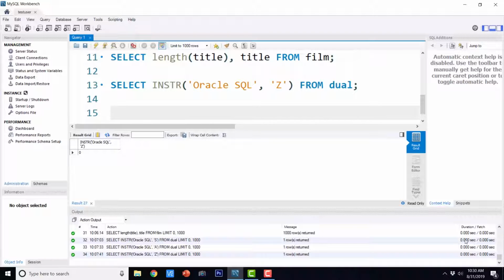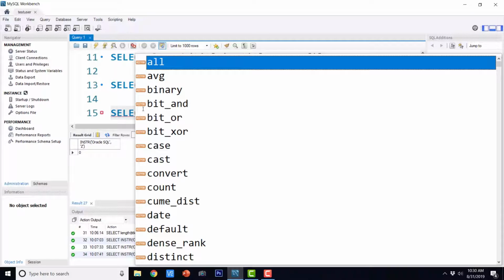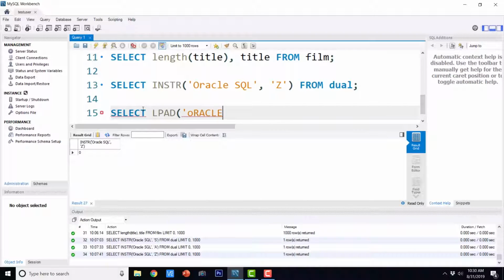Now let us study the padding functions. In SQL there are two padding functions, lpad and rpad. Select lpad Oracle, star, 15 from dual.